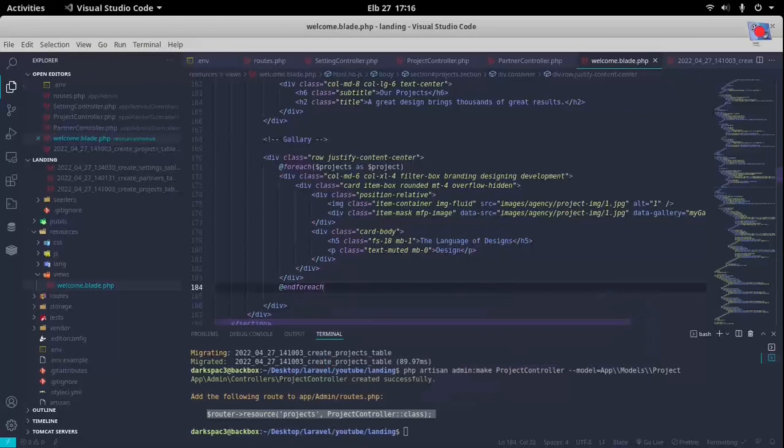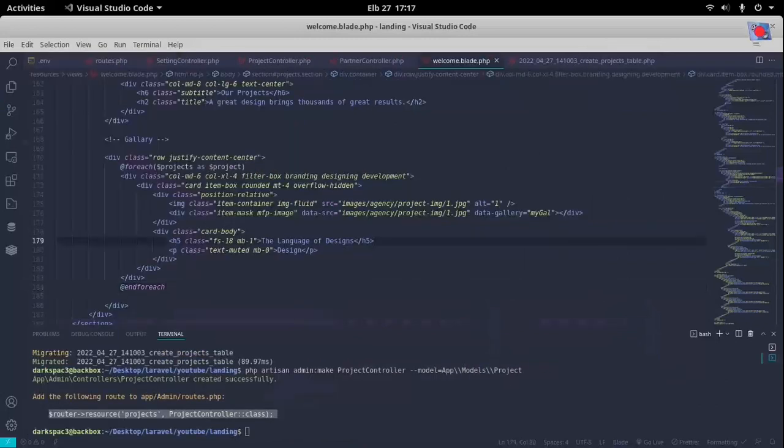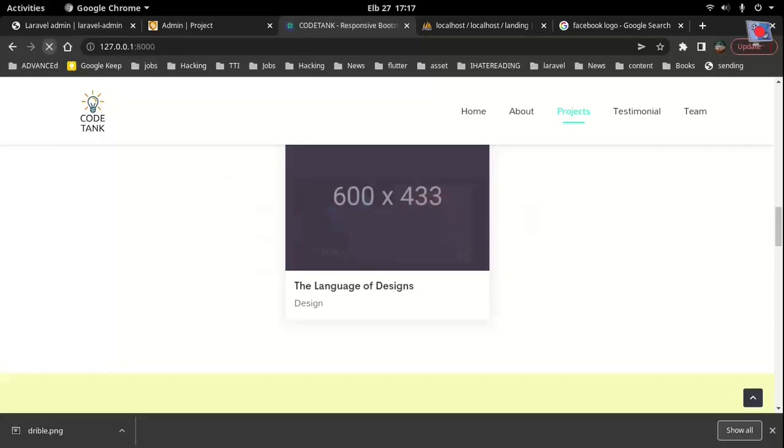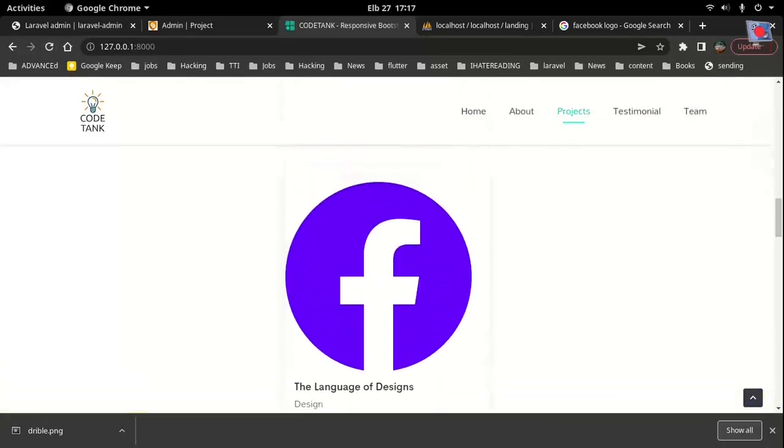What do we need to do next? We need to display our image. So being that this is similar, I'll have to select all of it over here. So the first thing is an asset. The next thing, it's in the uploads folder. And the last thing is that we need to call this particular variable called project, so it's a project image, right? Good. Now if I refresh the page, what happens? Let's see what happens. So it's over here, we have the Facebook,